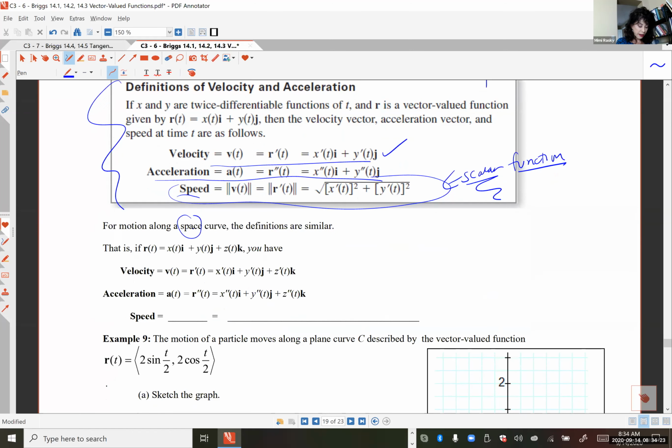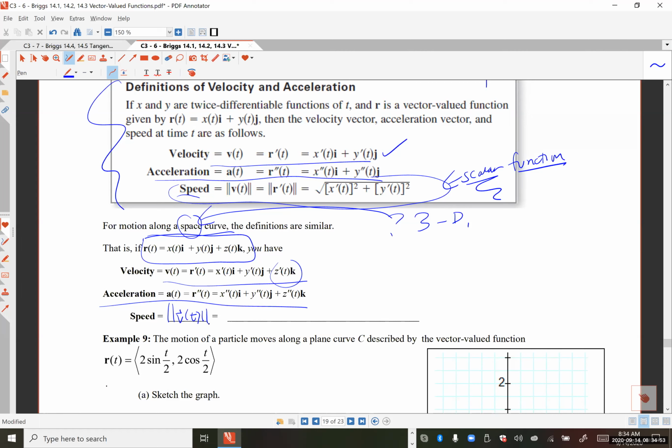Now let's look at motion in space. What does the word space mean in this class? 3D. 3D. So similar definitions here. So if you have a position vector right there, x of t, y of t, z of t are the components, your velocity is still going to be a vector, and it's the first derivative, only now you have a third component. Acceleration is still the second derivative. And speed is still going to be the magnitude of your velocity vector, which is the same as the magnitude of the first derivative of your position vector, and that can be found by